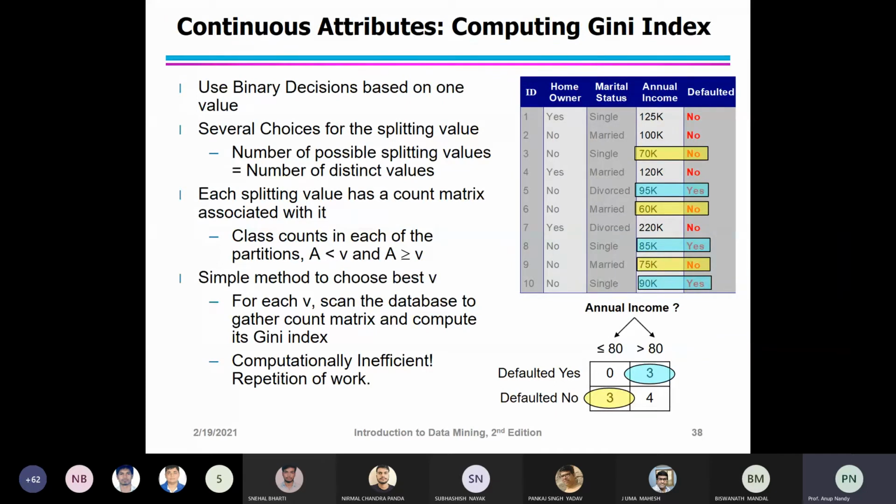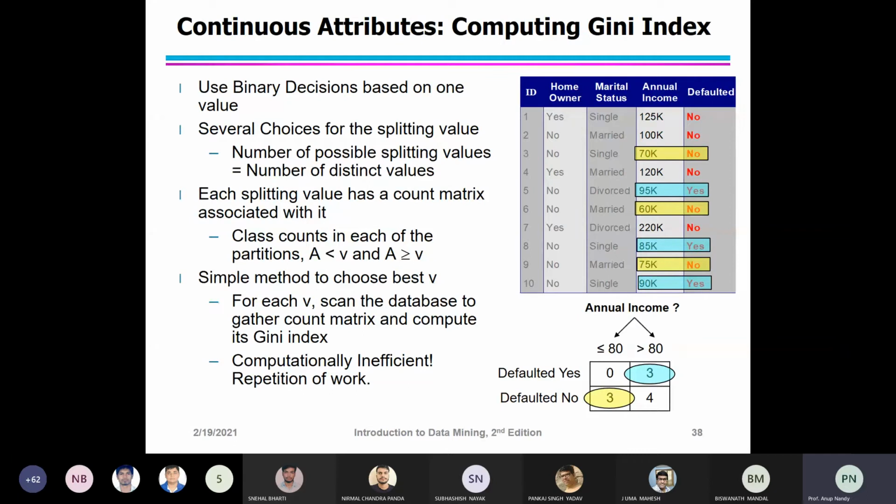Then you compute the Gini index for each candidate V. The data set has to be scanned once to count the number of records, for annual income less than or greater than V. If you compute the Gini index for each candidate and choose the one that gives the lowest value, this approach is computationally expensive because it requires order of n operations to compute the Gini index at each candidate split position.